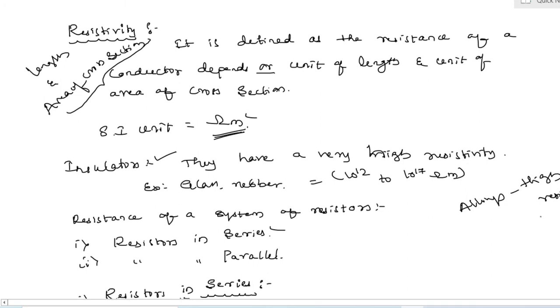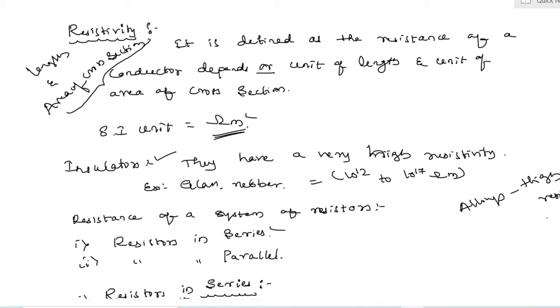at any high temperature, and most of the heating elements such as electric iron, heater, are also made up of alloys. And tungsten is used in the manufacture of filament bulbs. Finally, copper and aluminum are used in electrical transmission wire, because they possess which one? Copper as well as aluminum both possess the characteristic of ductility.